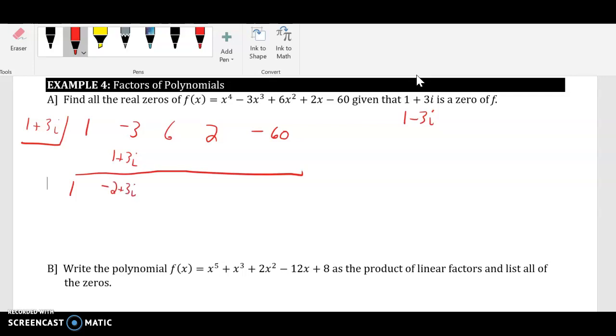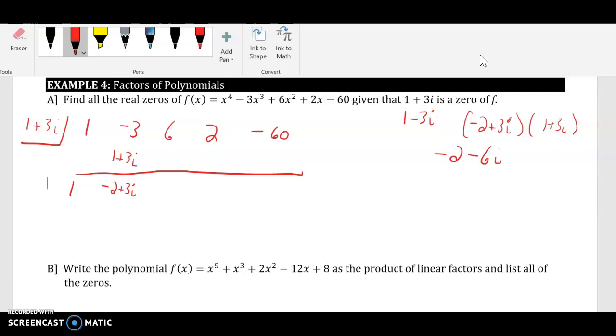Remember, you can only add things together that are the same. So now we're going to multiply this times that. Now that multiplication, we may need to write that down. So you're going to take -2 plus 3i and multiply that by 1 plus 3i. So we have to go back to section 4 when we multiplied complex numbers together. So we're going to have to FOIL, so it's -2